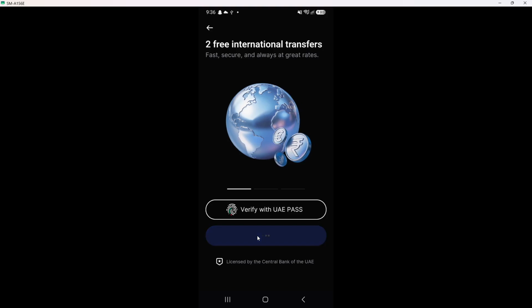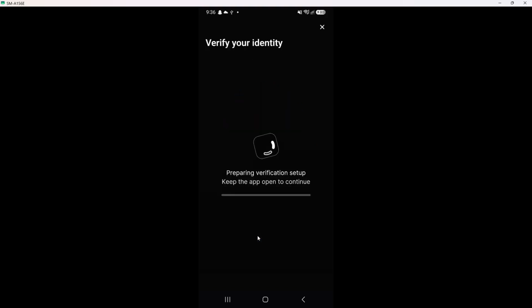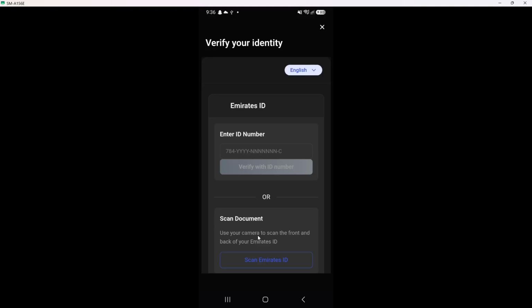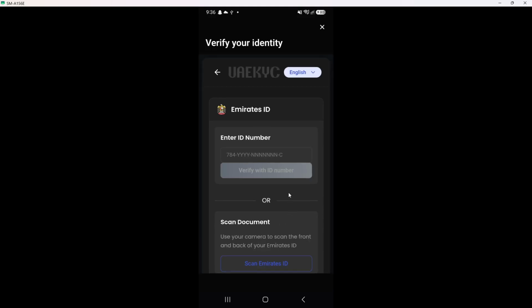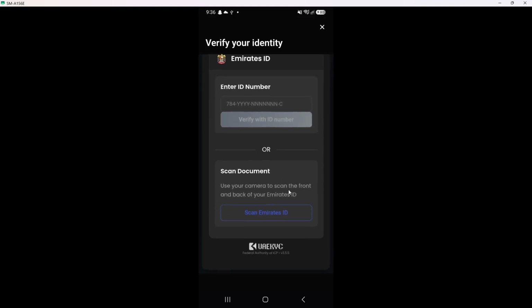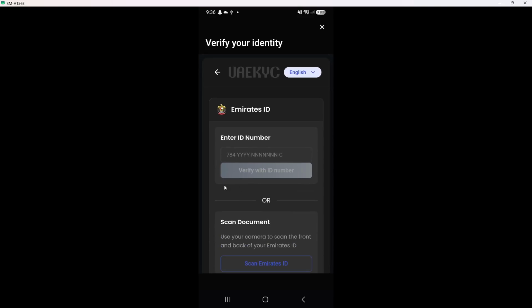After uploading your EID, the app will guide you to the next step. Now complete the face verification. You will be prompted to position your face within a designated frame on the screen. This process usually involves moving your head slightly to capture your facial features accurately. Make sure you are in a well-lit area to ensure the camera can clearly see your face. This verification is crucial as it prevents unauthorized access to your account. Once completed, the app will analyze your face against the ID you uploaded.